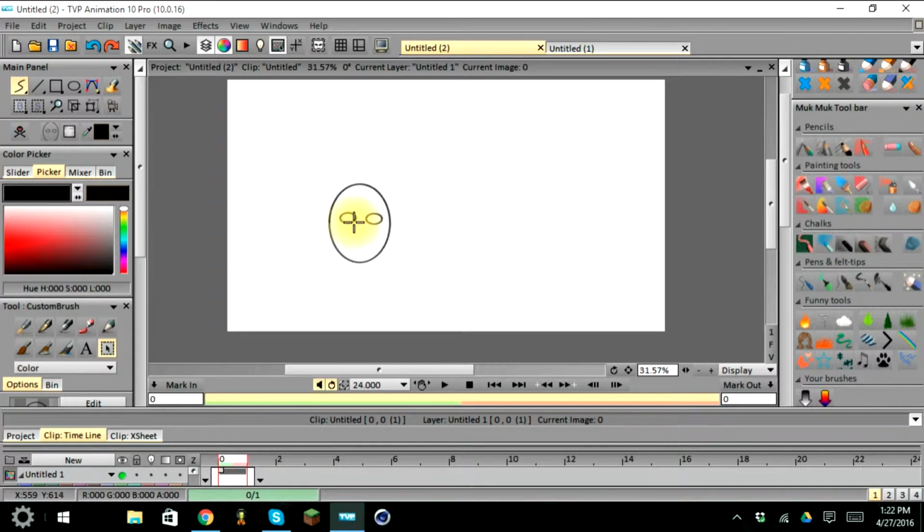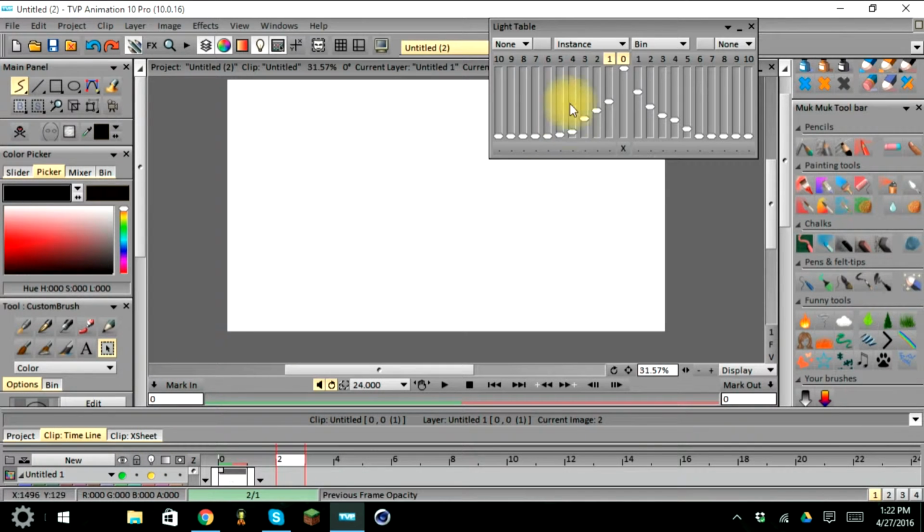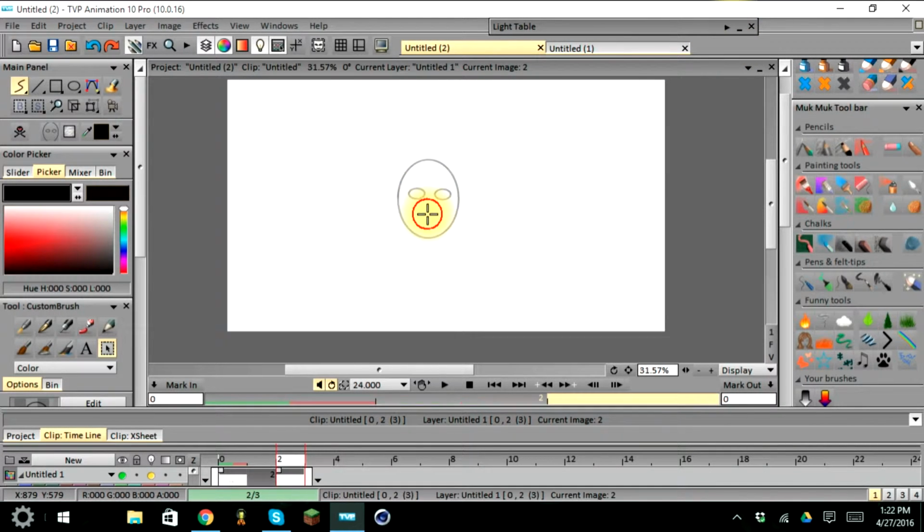And to do that, we're just going to go ahead and simply use 3 frames. Okay, so for our first frame, we're going to have a regular face. We're actually going to have a frame like this in each one. So I'm going to go ahead and turn on my light table, and I'm going to set it so I can see the previous frame. And I'm just going to go ahead and lay it down. As you can see, it's off-centered. So what I do is I just hit undo, and then I can directly see what was underneath. Okay, so we go ahead and place that one down.